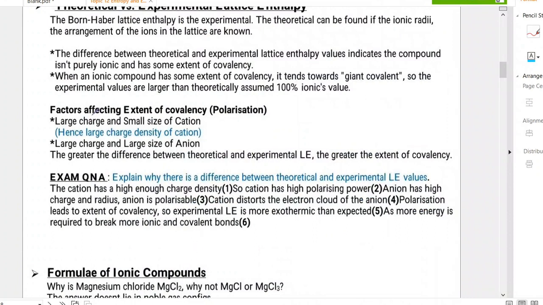But firstly, factors affecting extent of covalency, polarization, AS level stuff, I won't go into details. Large charge, small size. The larger the charge density of the cation,